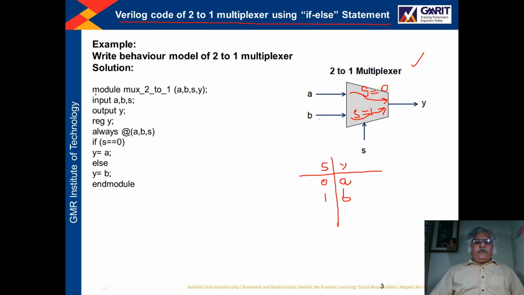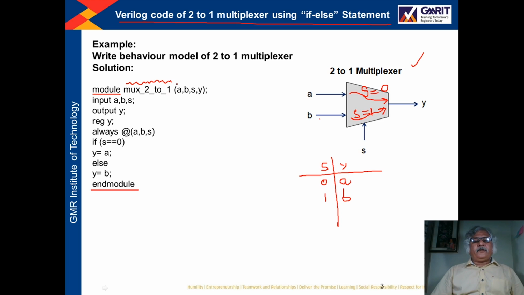So here we write the Verilog module. We start with the module keyword and end with endmodule. The name I have given to this Verilog code is mux_2to1.